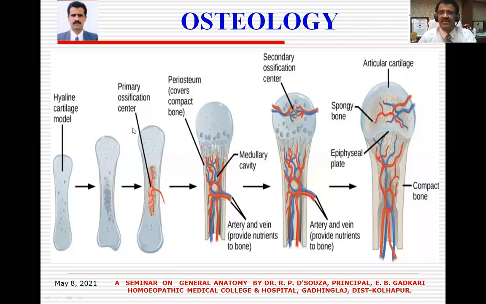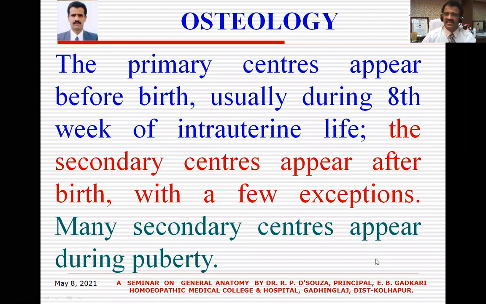So it is called the primary ossification center. The primary ossification center forms most of the central portion of the bone, for example, the diaphysis in the case of a long bone. Then the secondary center appears at one end, so it is called a secondary ossification center. Depending upon the requirement of the bone, many secondary centers may come, one for this tip, one for that tip. So there are different epiphyses, and different ossification centers. Eventually these centers fuse with each other to form a full bone. This is a diagram of full ossification showing the primary center and the secondary centers.